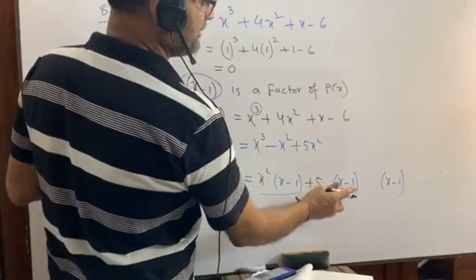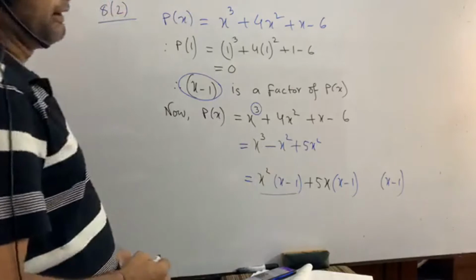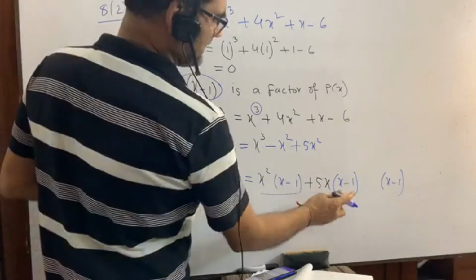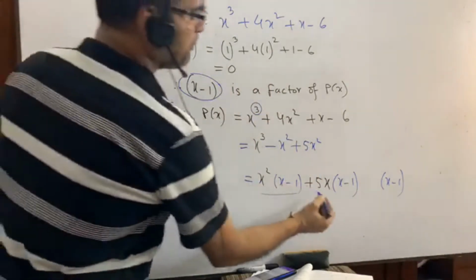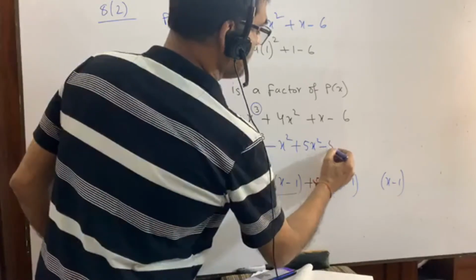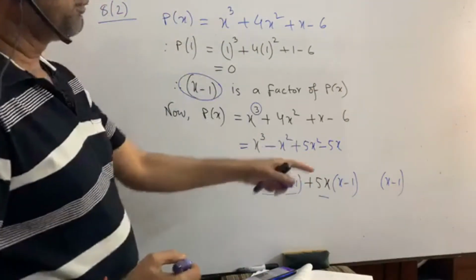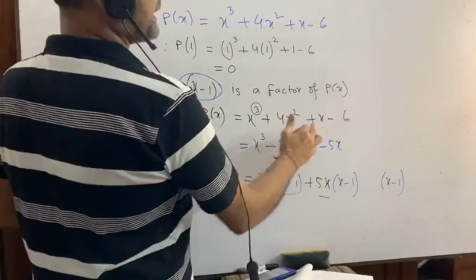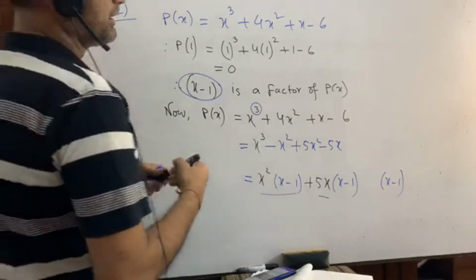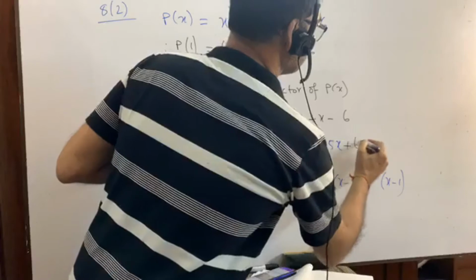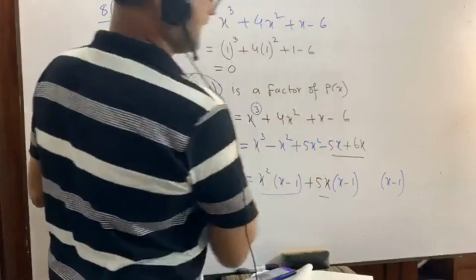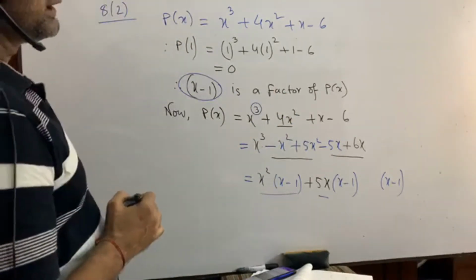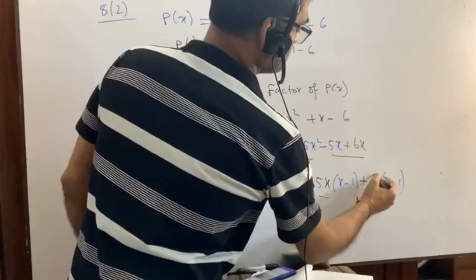Now it is x square. I need x here. You understand? If we multiply 5x and x, we will get 5x square. Now 5x into minus 1 equals what? Minus 5x. But you again see, here it is plus x. What do we need here? We need plus 6x, because these two will make plus x. Now this is plus 6. We have to write here plus 6.